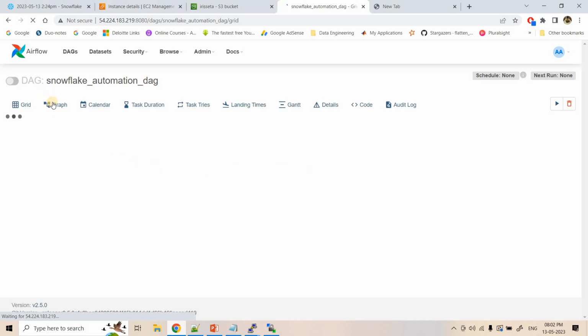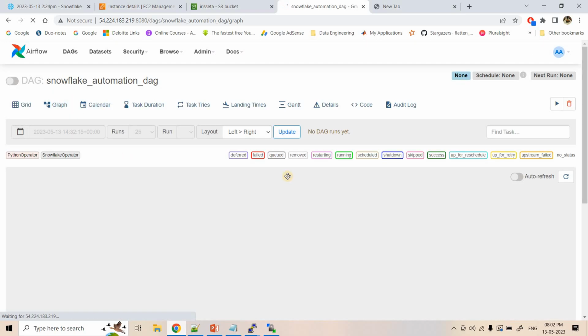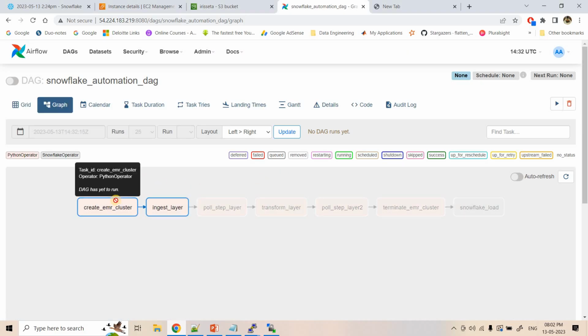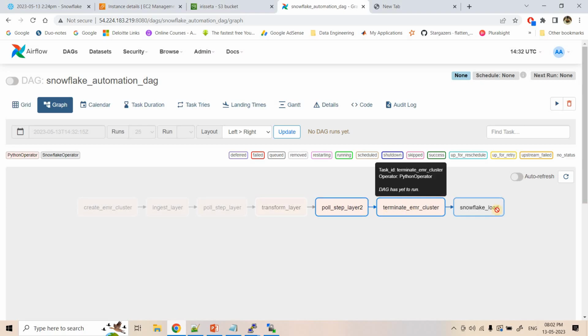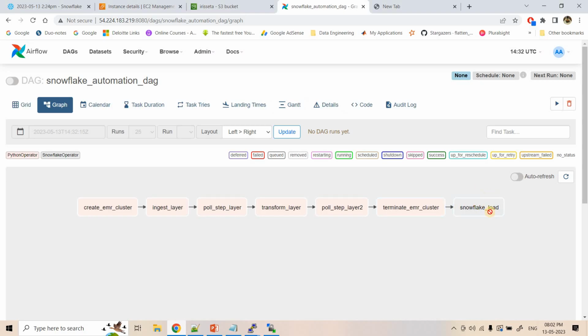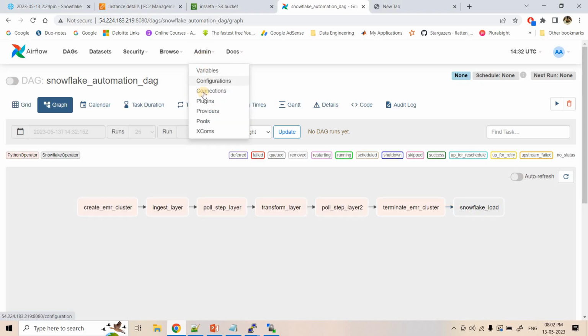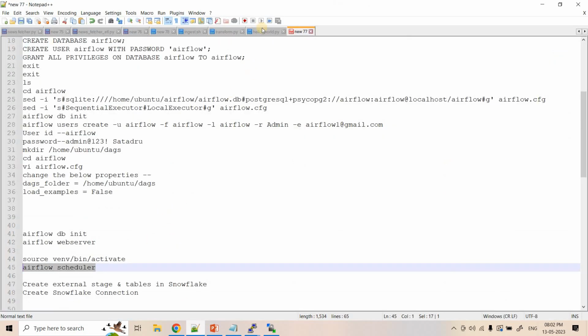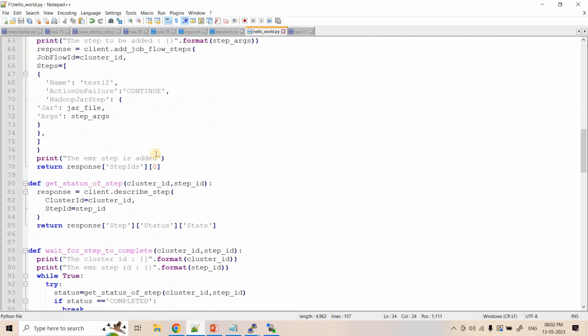Here you will be able to see in graph view the DAG that we just went through: create EMR cluster, then ingest layer, then poll step, transform layer, then again a poll step, then terminate cluster, then Snowflake load. We need to create a Snowflake connection for the Snowflake load first. So I will open connections in a new tab, and the Snowflake connection we are going to create is, as you can see in the Airflow code,